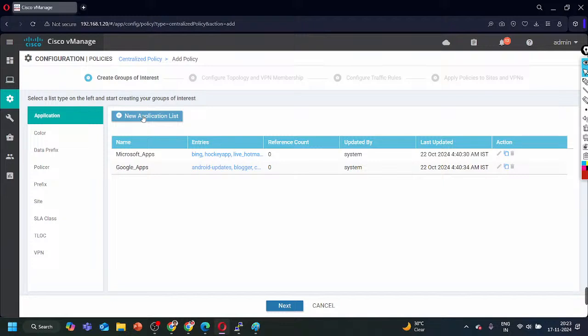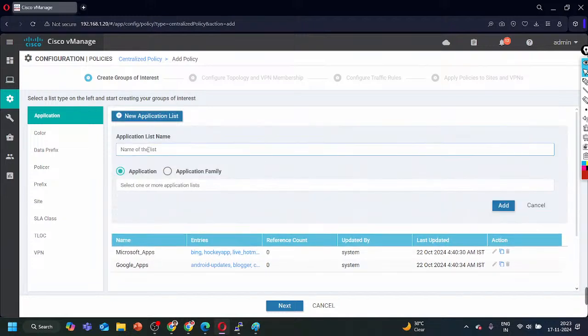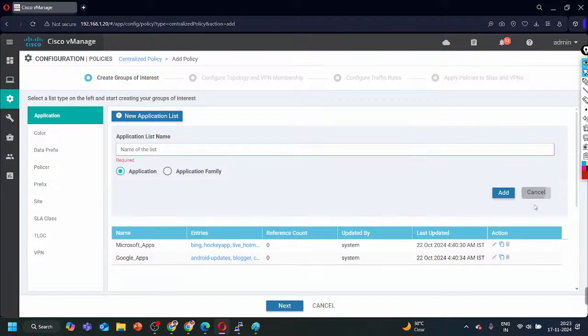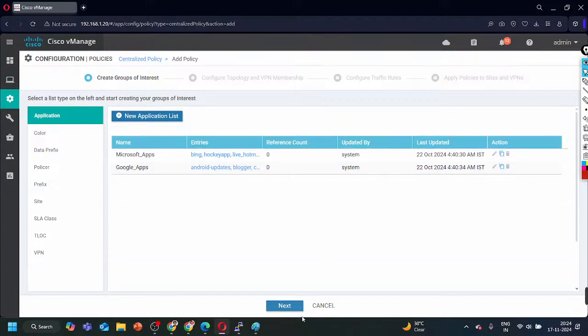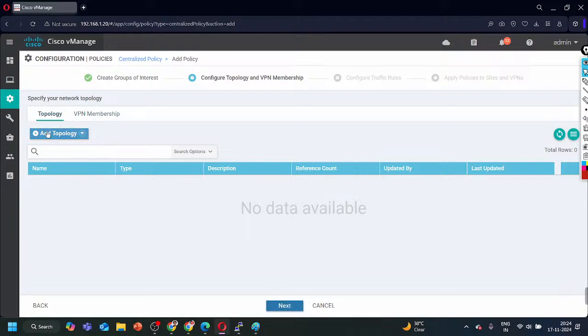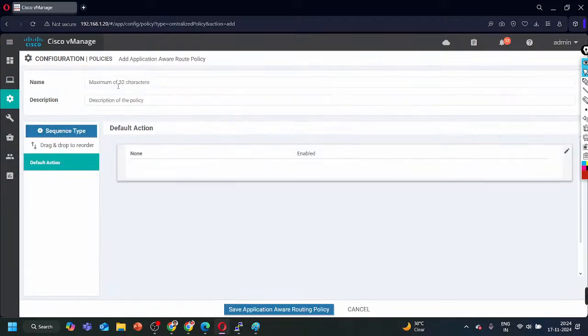Let's say this time I'm going to create one new policy here. Will not match the application. Yeah, add policy, new policy, and I'm going to say name is,